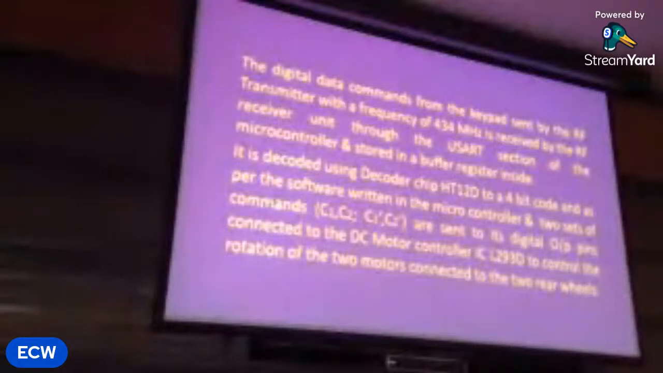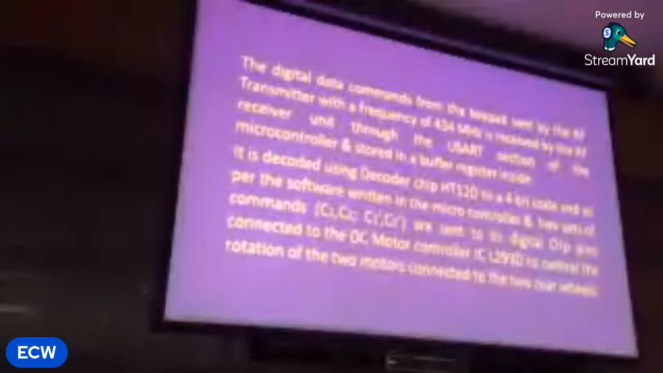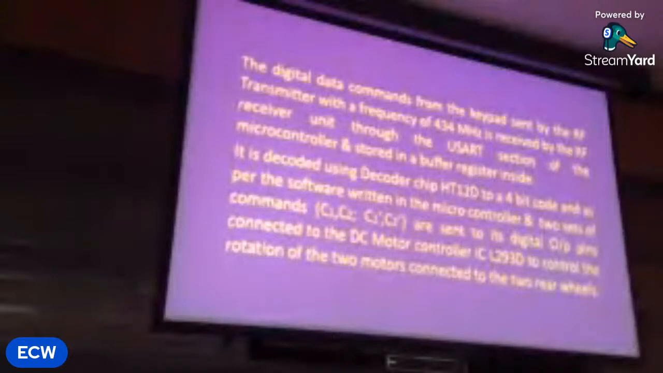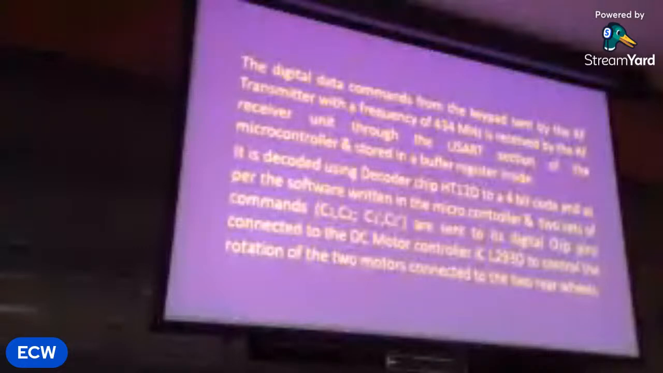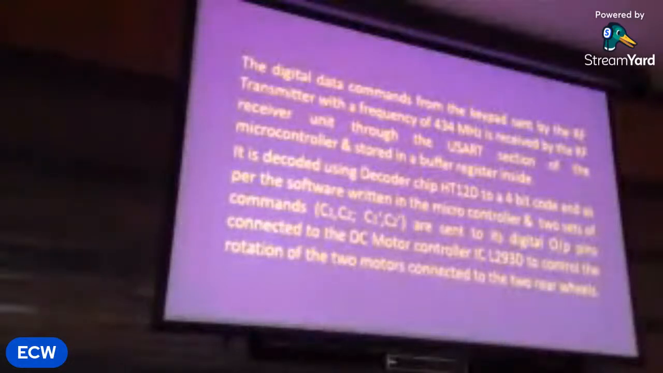The digital data commands from the keypad are received by the receiver section, and it is decoded. So encoded data is transmitted, now it has to be decoded. The HT12D will be the decoder chip which will remove the RF frequency. Again, it will have a local 434 megahertz crystal oscillator. Along with that, this ASK data will come, and it will decode the data, 0001 or 0010, out of the 5. One of the data will be decoded and it will be put in one of the registers of the